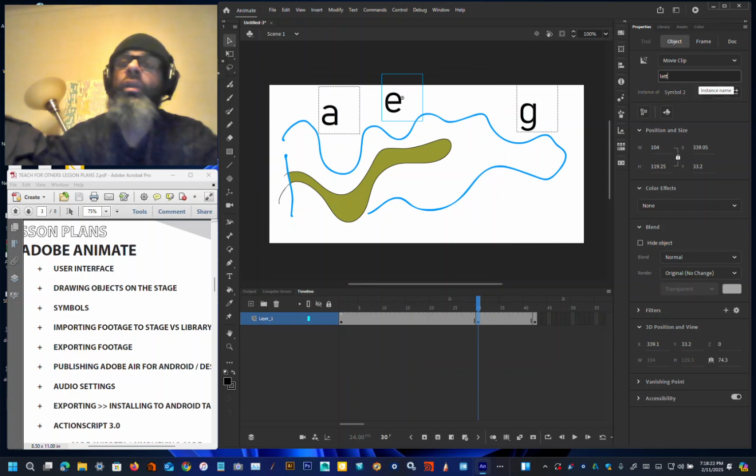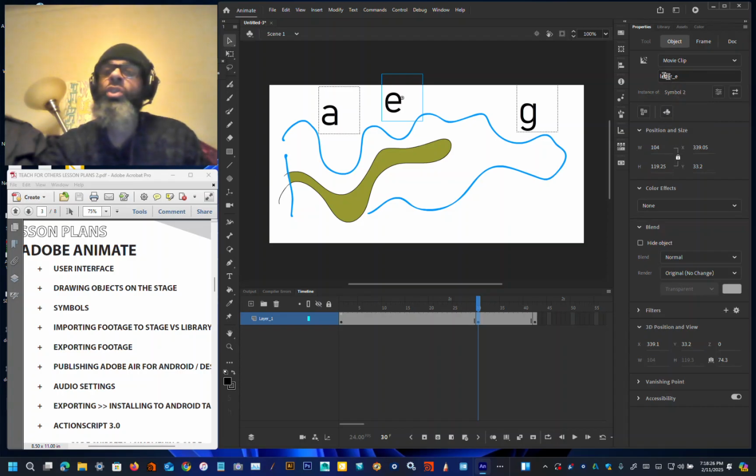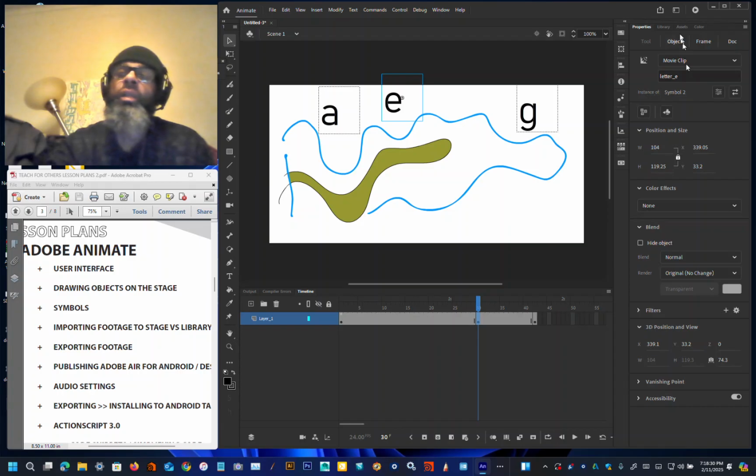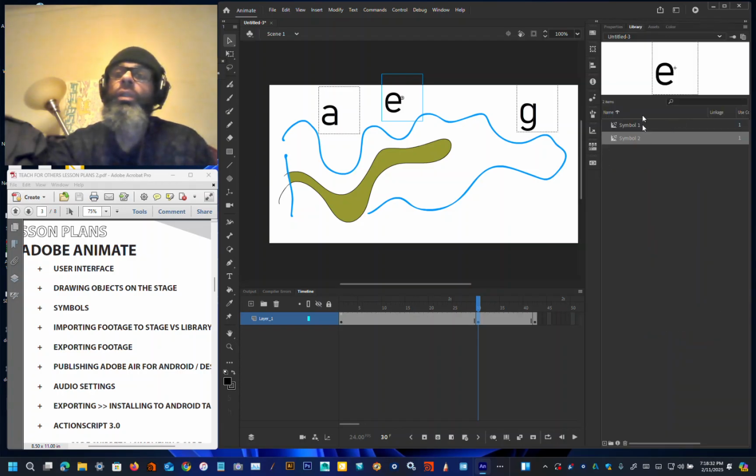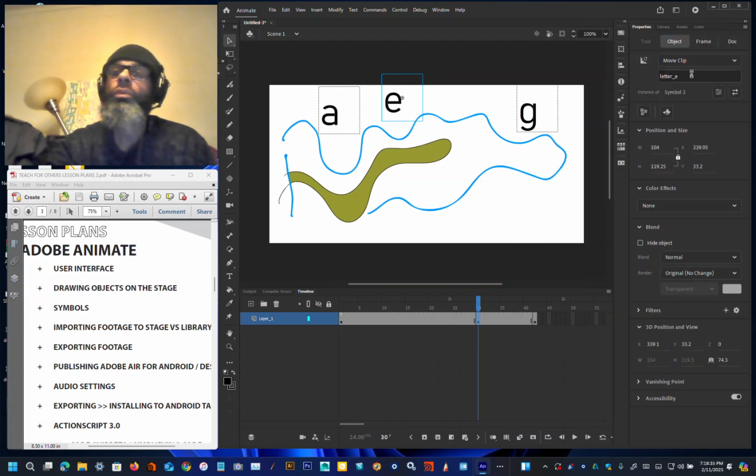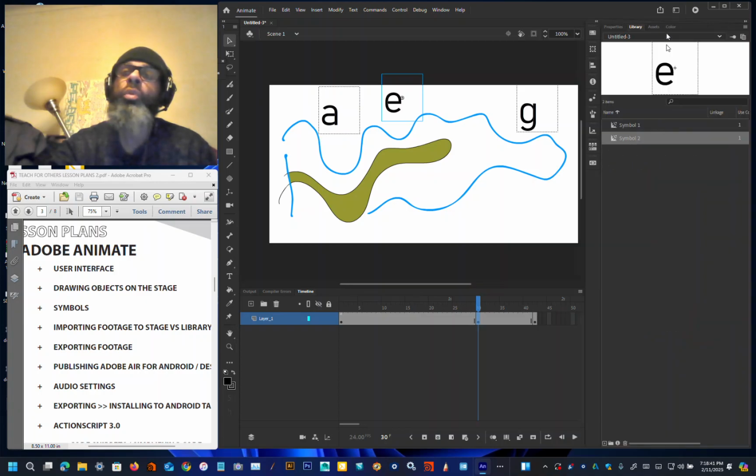We'll make this letter E. And I left it that way because I want you to see that you don't have to name the instance in the library the same that you do for the actual instance name that's on the stage. Like you can pull multiple E's out on the stage, and it still refers to symbol 2,